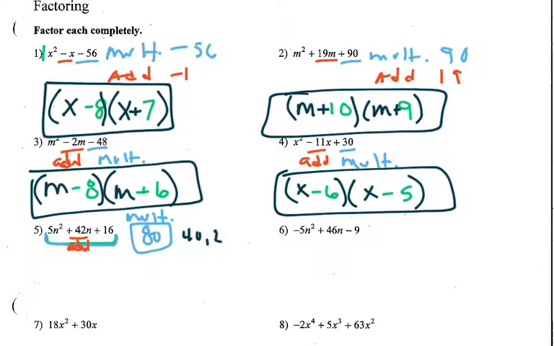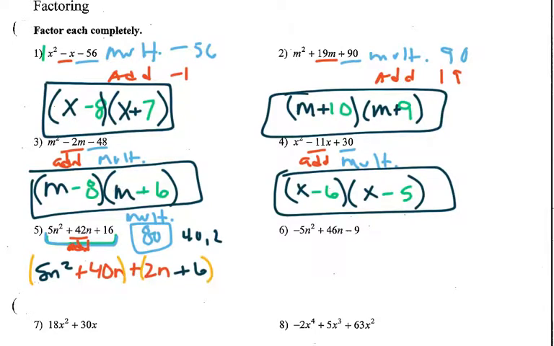And so there are two ways that we can go about this. We can either do the box or we can do factoring by grouping. Factoring by grouping tends to be curious for some people, so I'm actually going to do factoring by grouping to make sure that we kind of know how it works. So 5n squared, but this middle term 42n is going to turn into a 40n and a 2n that we will add 16 to. So that entire term in the middle becomes two different terms,